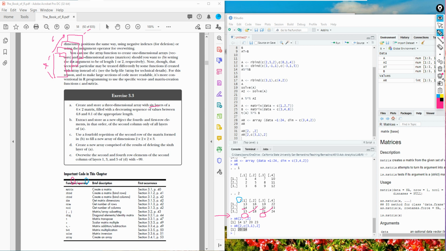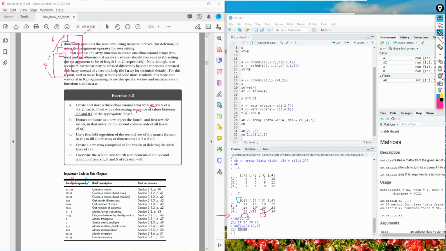So we're gonna use the array, but this is a little bit tricky, the 4.8 to 0.1. So we're gonna use the sequence rather than the vector C. Remember we learned the sequence: from is 4.8 and to is 0.1, and for the length we have to specify how many elements.